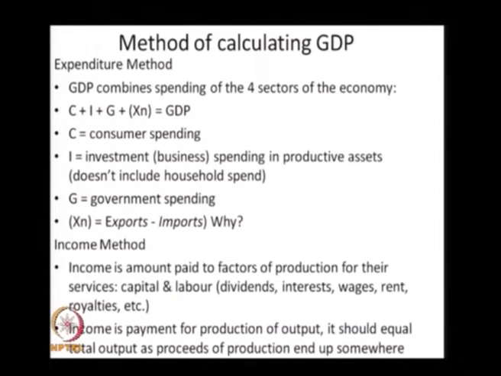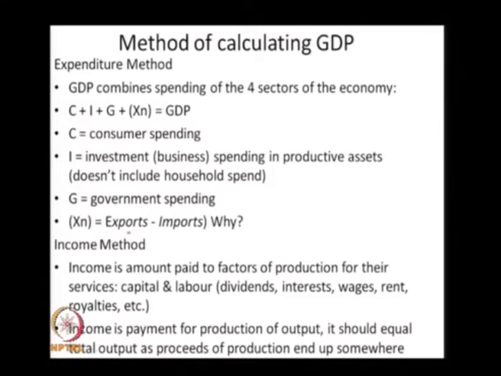These include C, which is the consumption by households, that is the consumer spending; I, which is the investment in productive assets, done by business spending for productive assets; G, the government spending on goods and services;